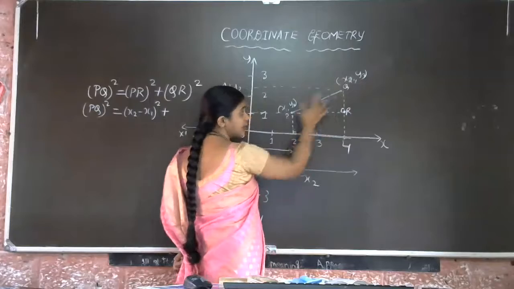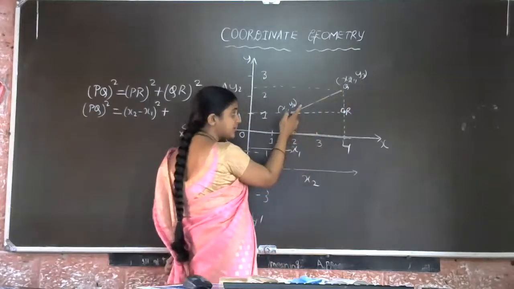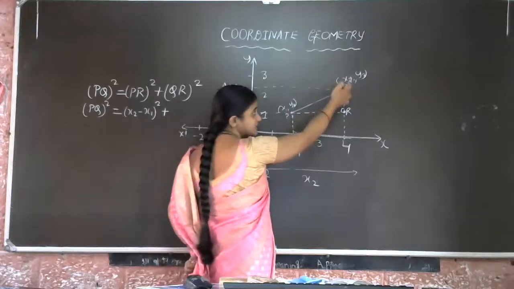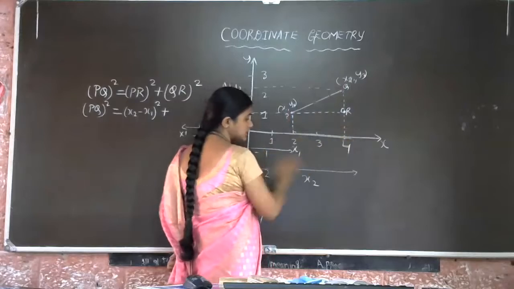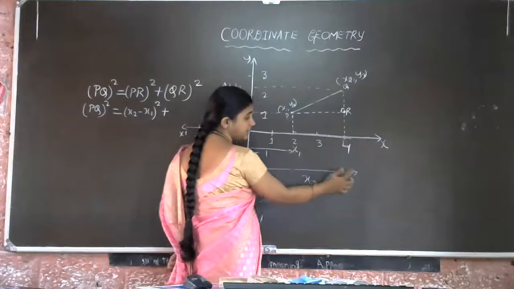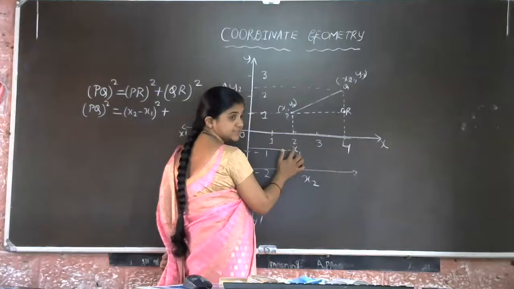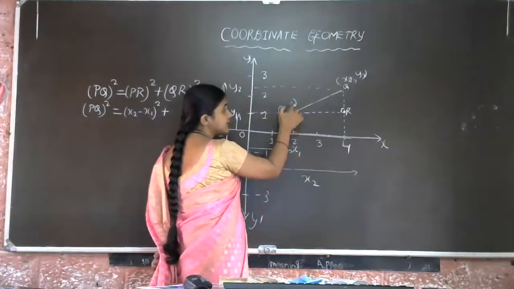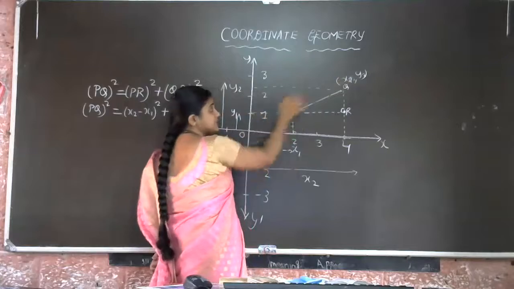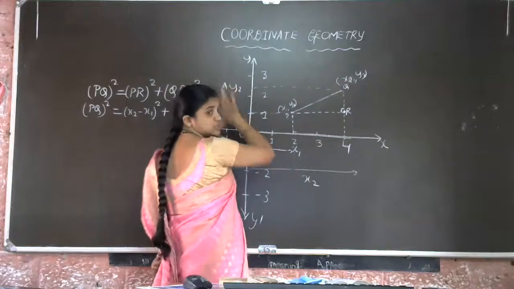To get the formula, we took the help of one right angle triangle. How did we get the right angle triangle? You just connect this point P and extend it up to the x-axis, and this Q point, this is x2. So this is the total distance x2 and this distance is x1. In the same way, this is y1 and y2 here. If we connect y1 to this y-axis and y2 to this y-axis, here we'll get y1 distance and y2 distance. Got the idea now?